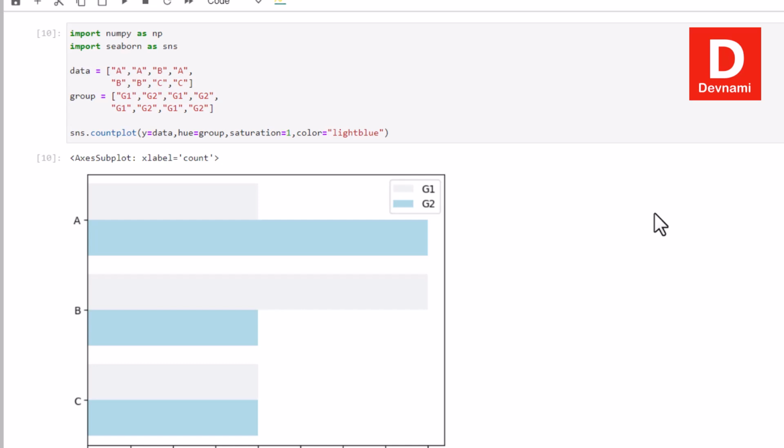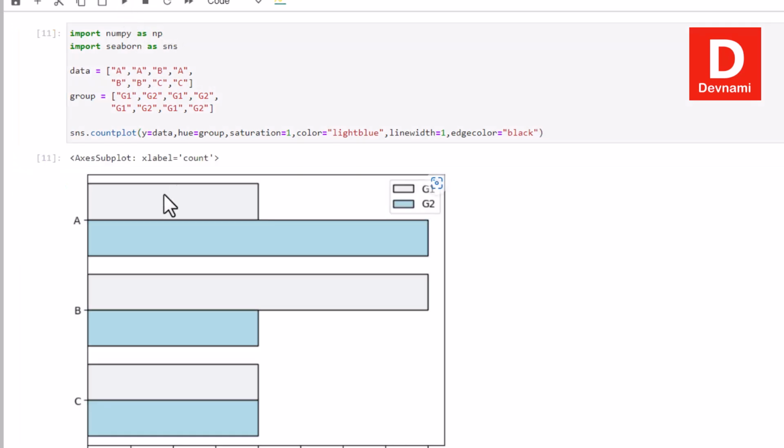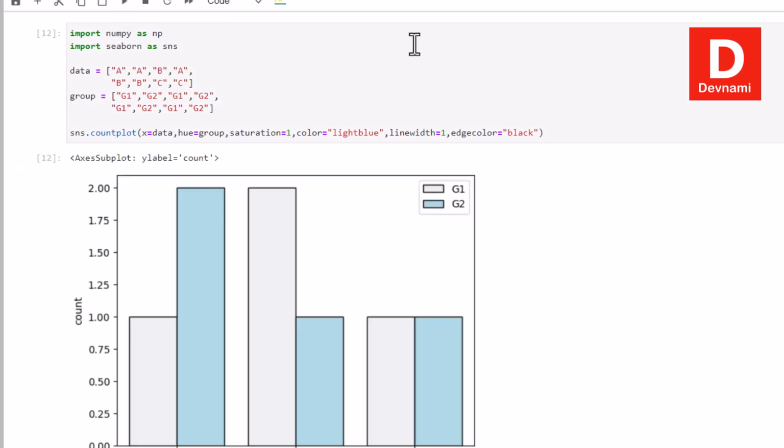So let's say I use that as well, with linewidth set to 1 and edgecolor set to black, now it will look something different, right? So it will look something like this, right? Can change the orientation to vertical, it will look something like this,